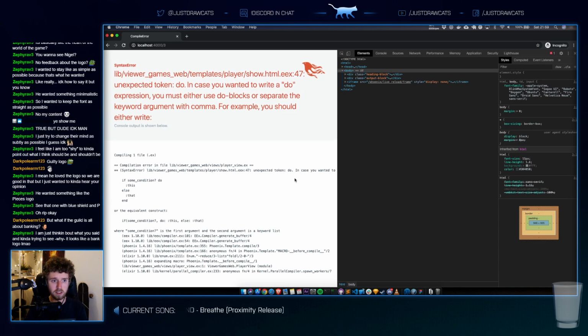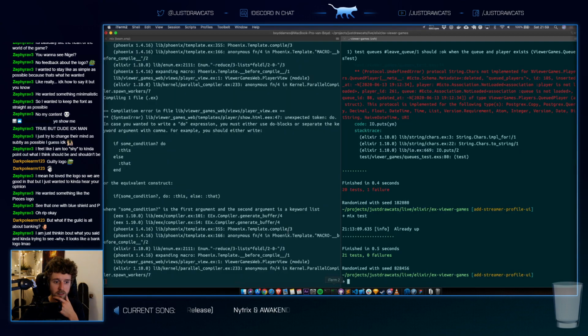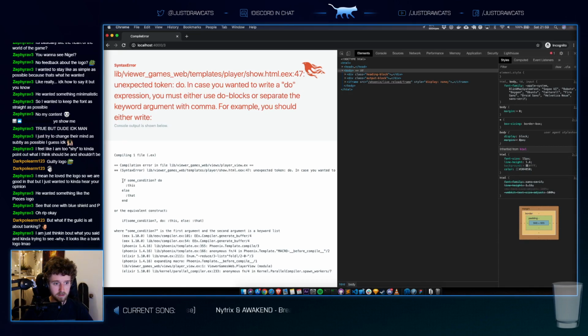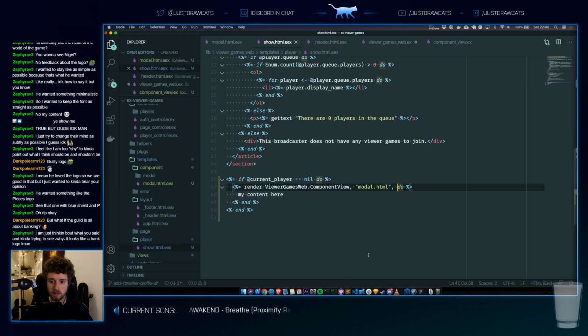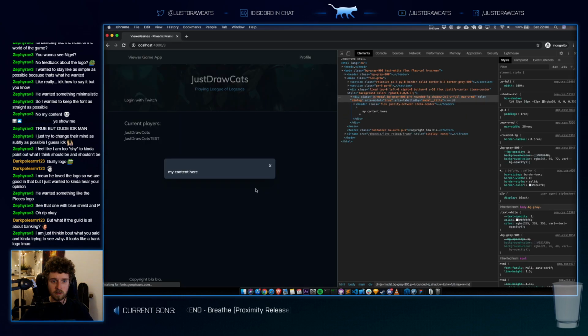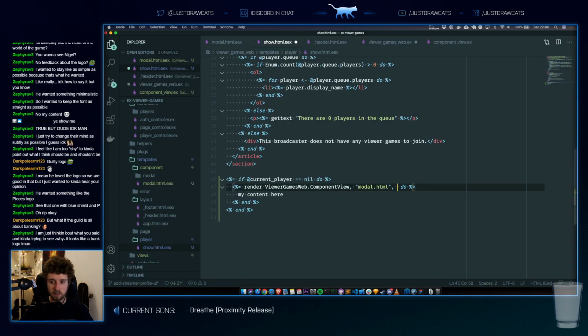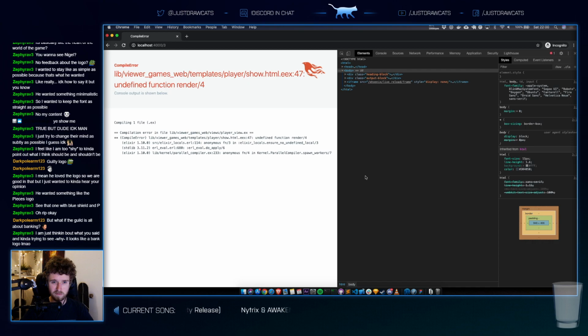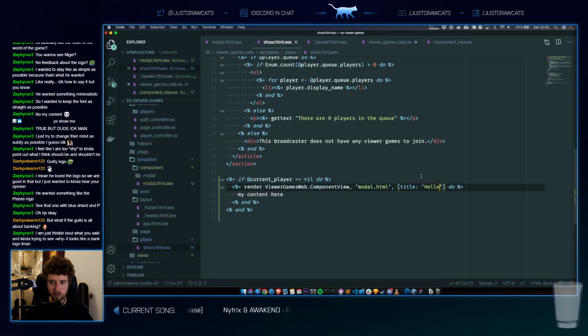In case you want to write a do expression, you must either do blocks or separate keyword arguments with comma. For example, you should either write... there's no render for.